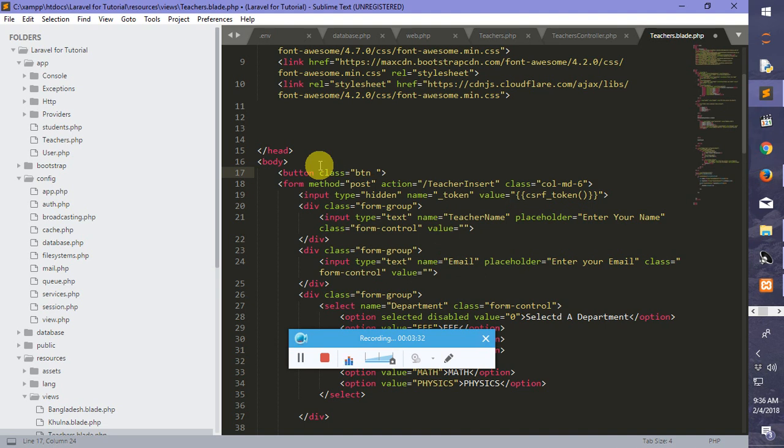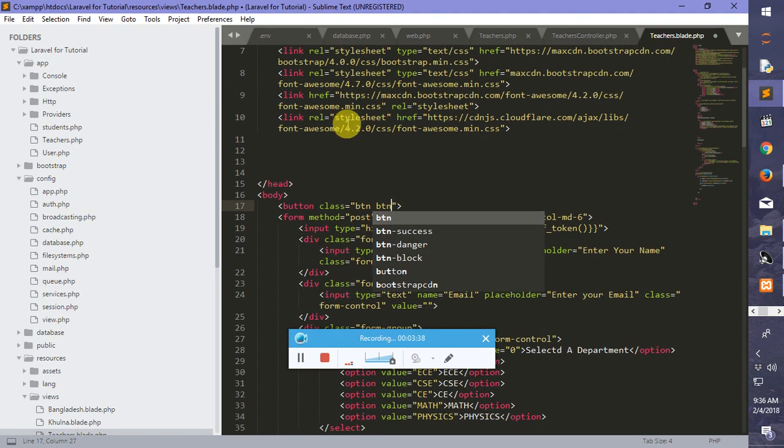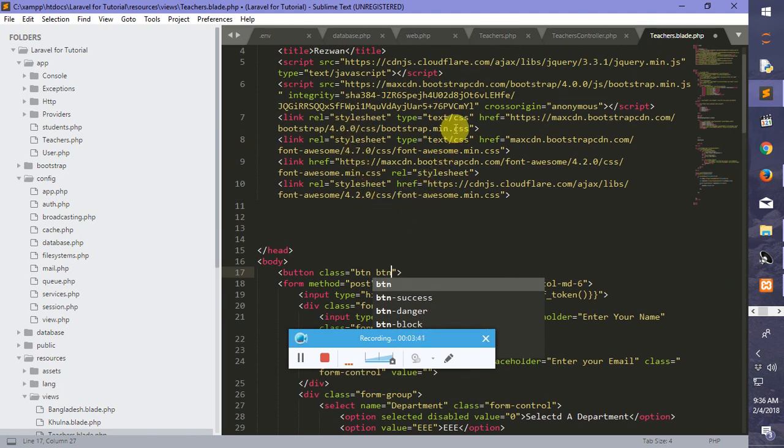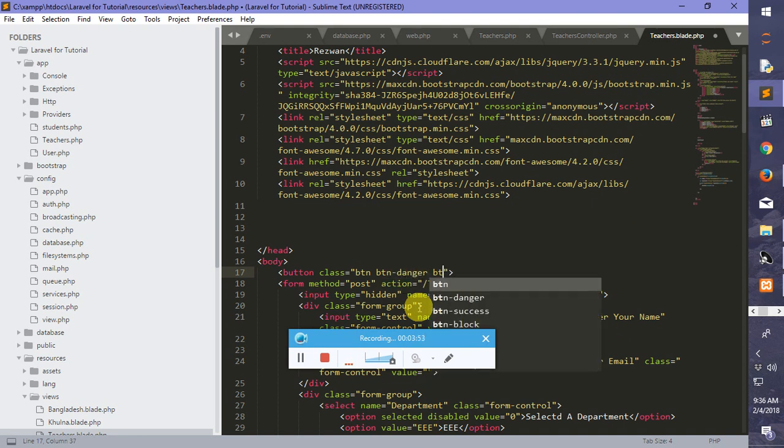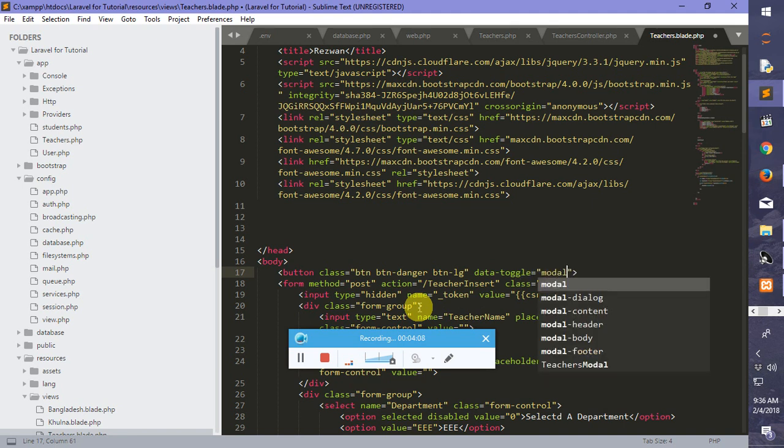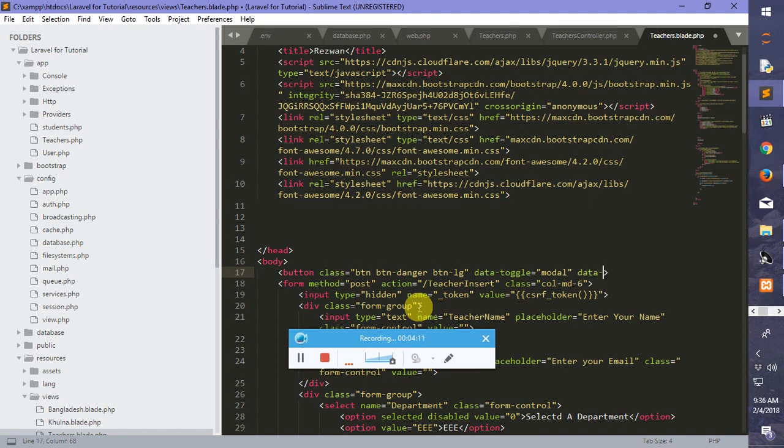We will give a class to this button. This button is actually accessed by the bootstrap.min.css, which is in this file. These classes are accessed by them. Danger, button, LG, and we will add data-toggle equal to modal, data-target equal to